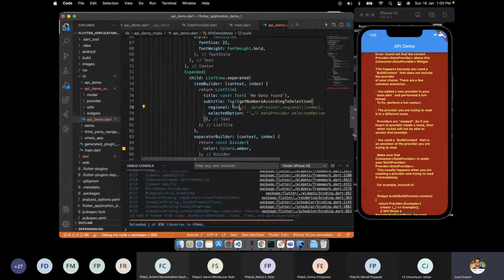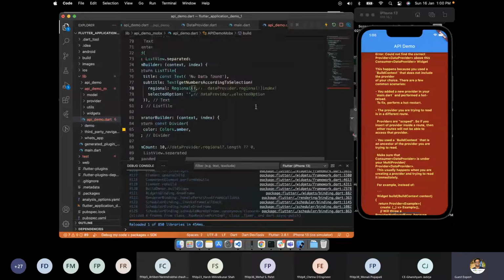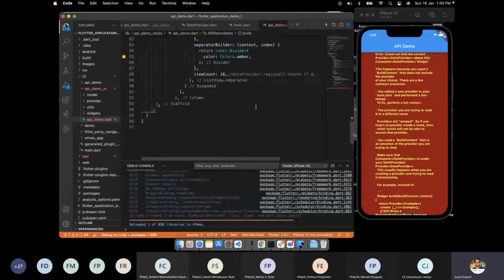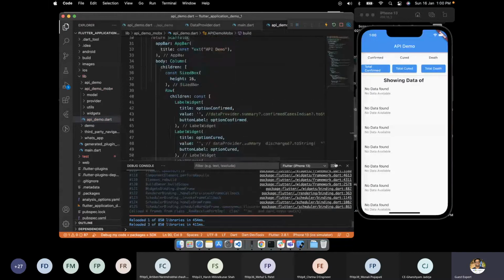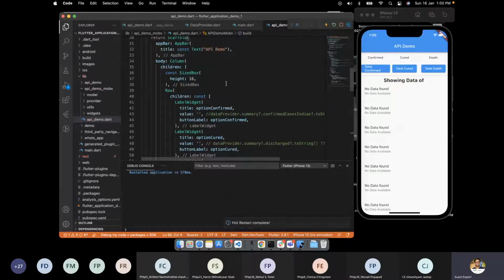Regional, let's say basic regional, and remove this. We got it. So finally we have a new code without the MOBEX.